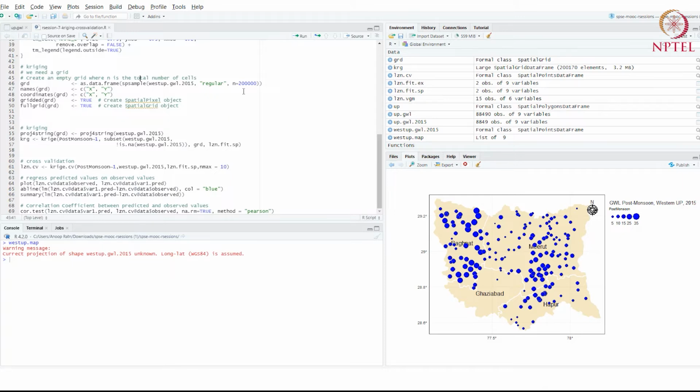Create an empty grid where n is the number of cells. So this is 200,000 cells. It's a very high resolution grid. You don't typically need such a high resolution, but I like to have good quality predictions, or rather good resolution in my predicted output. So I used a lot of points.